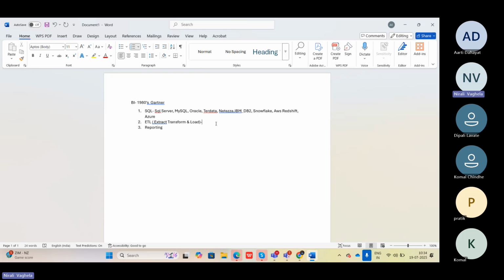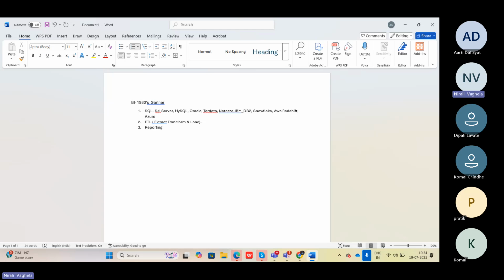There is Azure Blob storage, where you can also store data. The S3 bucket is also there, where you can store the data. That is what the ETL developer's work is. They extract the data, apply certain transformations to clean it, and then load it into the final table. That's exactly what the ETL developer does.